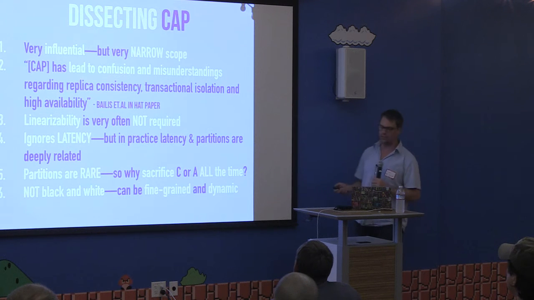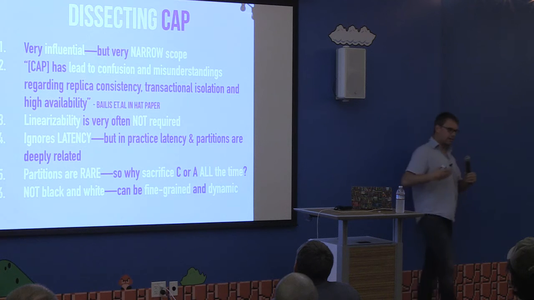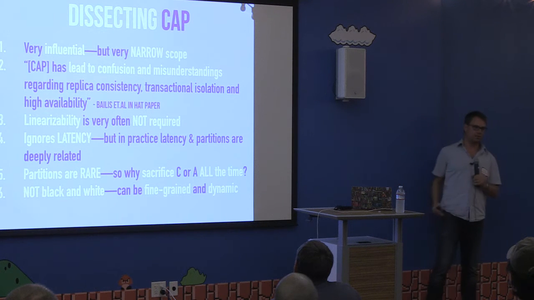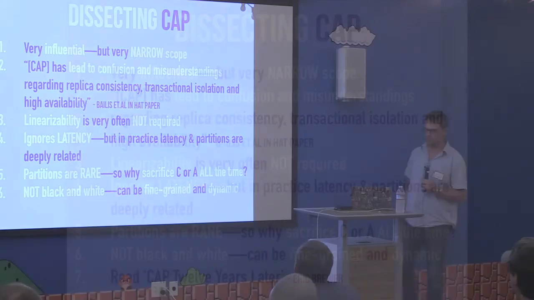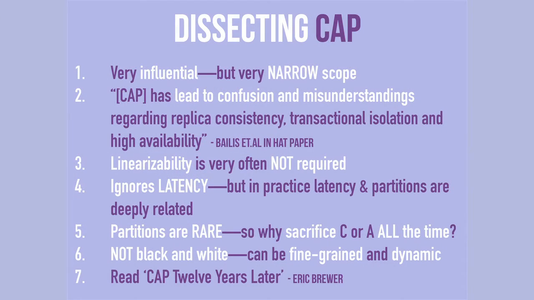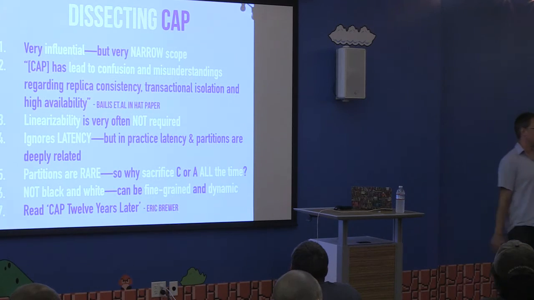And most NoSQL databases that came out of this movement of eventual consistency were either black and white initially, and this is starting to change, I think. Even Eric Brewer wrote this great paper, or article, more an article than a paper. It was written on InfoQ, I think. CAP 12 Years Later, where he actually argues for most of these things.